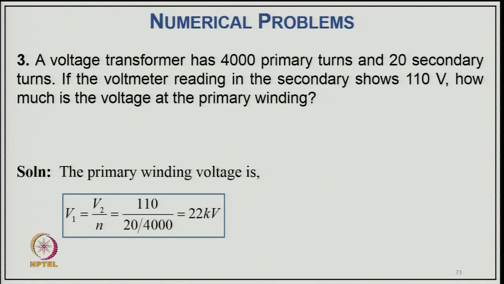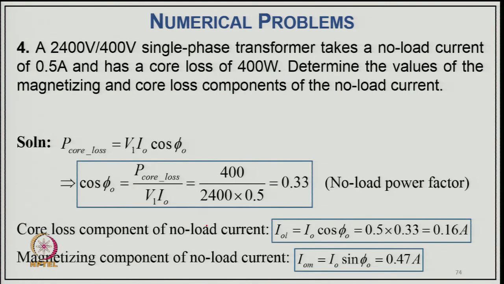Now, coming to numerical problem third. A voltage transformer has 4000 primary turns and 220 secondary turns. So, if the voltmeter shows 110 volt, how much is the voltage at the primary winding? So, here the primary winding voltage V1 is equal to V2 by N. So, 110 divided by 220 by 4000, that becomes 22 kilovolt. So, coming to the